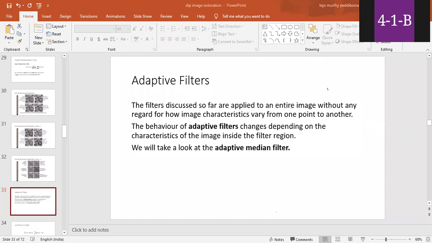So let us take one example of this. We'll read the image and convert the RGB to gray. Then we'll add noise to this, and by using the average filter and median filter too, what is the difference? We will see.